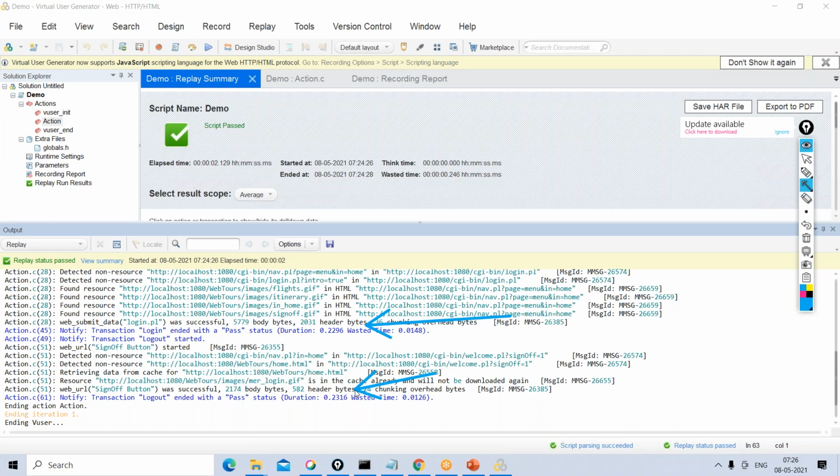Okay, so this particular Vuegen component is a very powerful component which will quickly generate the script for us, and if we tweak this particular script a little bit, we can run this script a number of times, and we can easily know what is the response time, or how the application is behaving, or how these pages are loading, and so on. Okay, so this is a high level understanding of this particular Vuegen component and what it does.